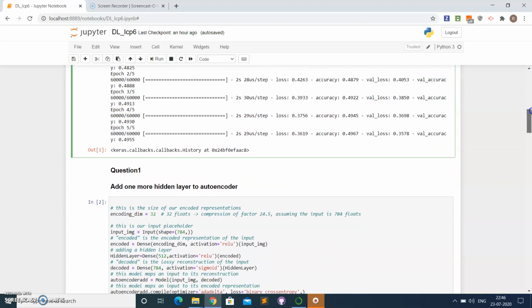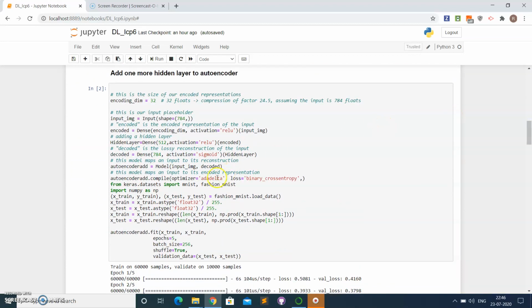Now in the first question, I'm adding one more hidden layer. This is the hidden layer that is added, after the encoded layer. This hidden layer has its neurons set and activation as ReLU. After this hidden layer, the decoded layer is taken. So besides the decoding layer, we are adding the hidden layer over here. Now, another